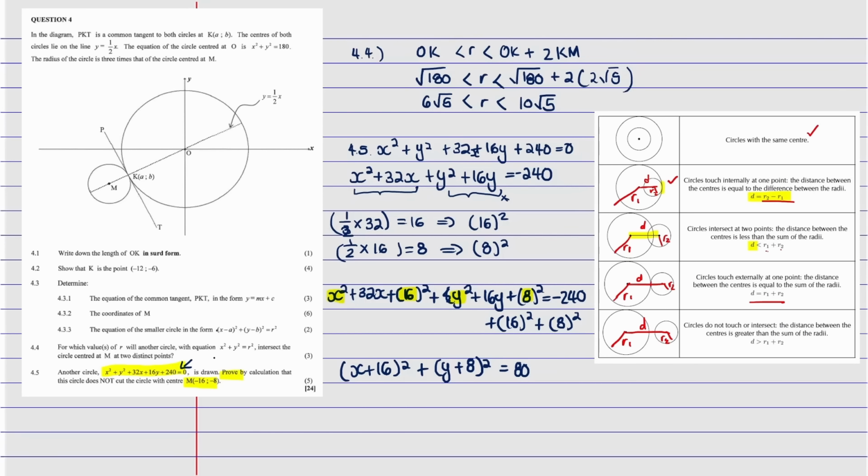So what do we see? We see that the center of the new circle is negative 16 and negative 8. Do you see that it's exactly as M? So that proves that they share the same center. So therefore,